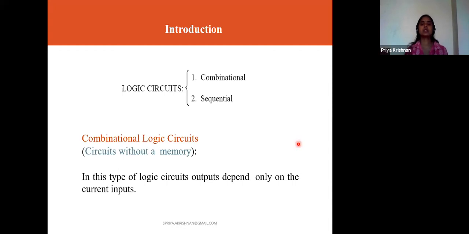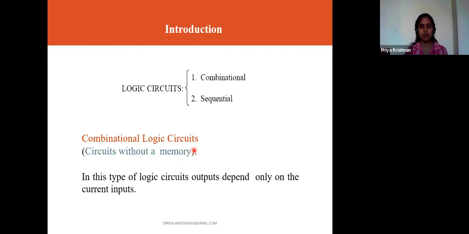So the logic circuit is broadly classified into two things. One is combinational circuit, another one is sequential circuit. Simple to remember is, combinational circuit doesn't have any memory. What I give as input, it will take that input and give me some output. If I tell hi to the combinational circuit, based on my input hi, it will give me some output.